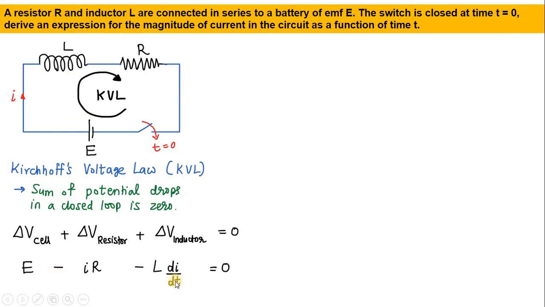Let us proceed now to solve this equation. This is a differential equation, and a differential equation has to be solved by the integration method. So what we do is keep E minus IR on one side and send the differential term, L di by dt, to the other side. Then we rearrange our terms. L, which is a constant value, we send to the left side as 1 by L, and we multiply dt to the other side, and E minus IR we bring below di, so that now it is integrable. This step is called